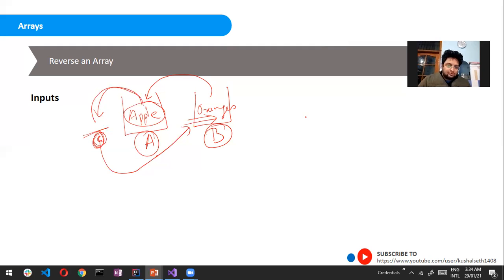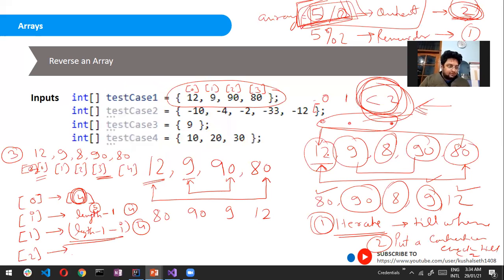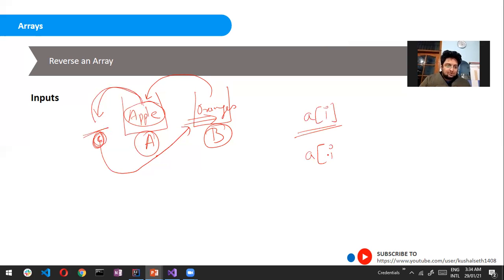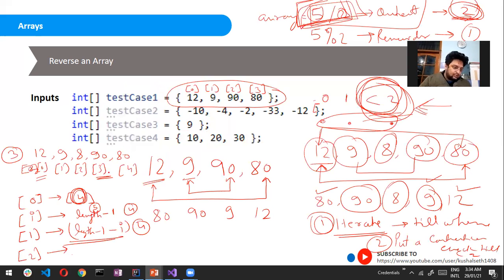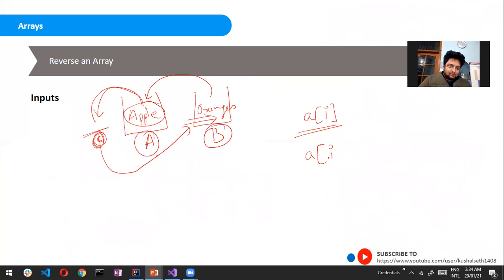So suppose you have one index I and you have to swap it with the index from the formula we have just derived: length minus 1 minus I. This is the final formula, how we derived it step by step. So we have to swap with length minus 1 minus I.